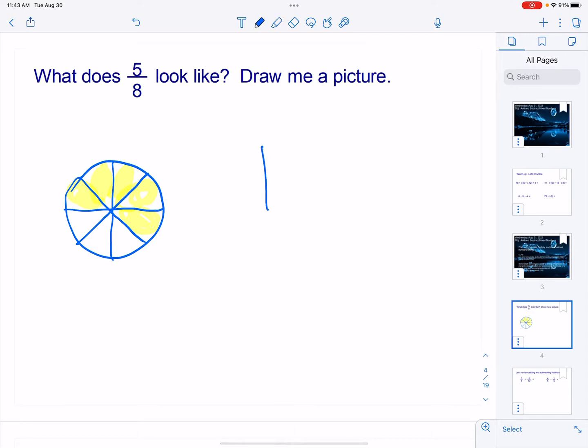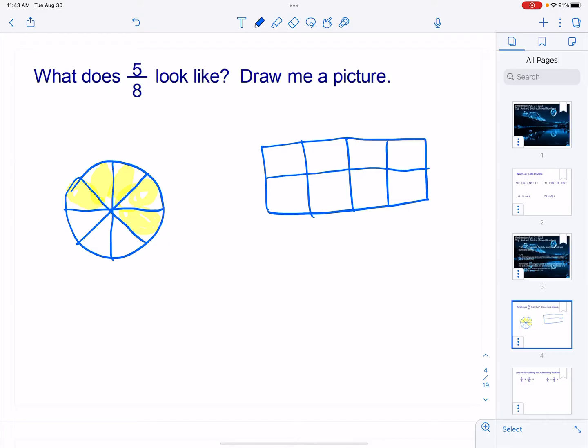Another way of drawing this is going to be that of like what I call the candy bar example, or a rectangle. And you can do it many different ways. I choose to split this down the middle and then chop this into 8 pieces again. As long as you chop it into 8 pieces, you're in good shape. That's what that denominator says. And then again, the 5 says I need to take 5 of those. So I need to shade in 5 of those, and that's 5/8. So those are some visual representations of what the fraction looks like, which is really important in order for us to be able to